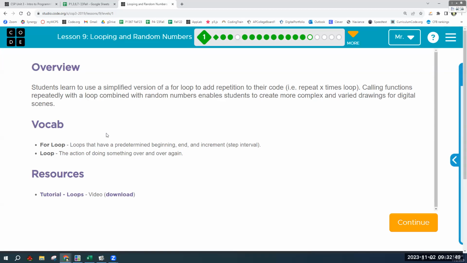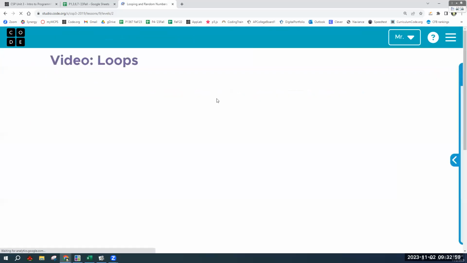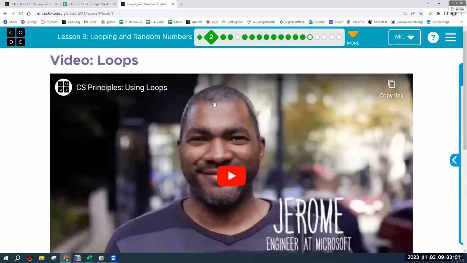Fantastic. Okay, if you're watching on the replay, which is not any of you, we are going to watch the video from Bubble 2, but it's not going to work well on the replay, so you can just watch it on your own. And for people in class, we're going to go and watch. This should work. All right. Loops and sound.